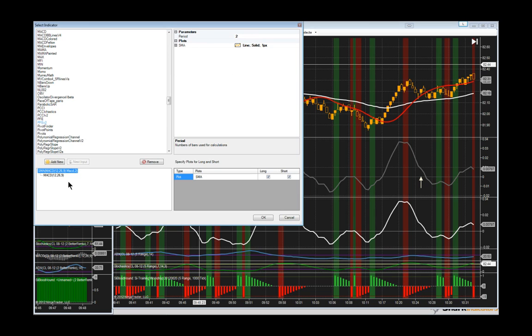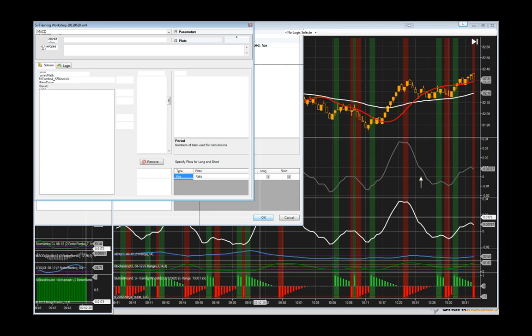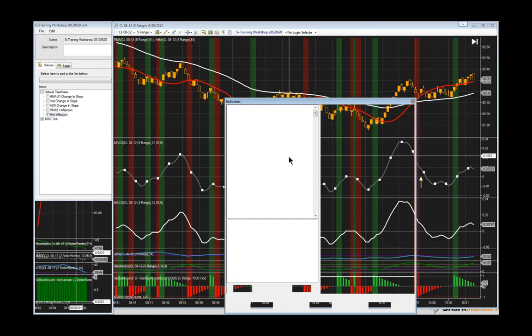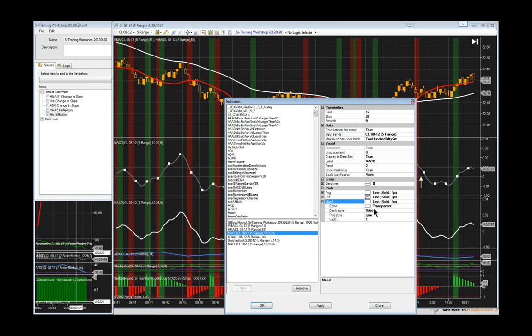But that will be available soon. I believe the MACD line is what will be feeding into the SMA. So let me switch this over. If I set that to red,